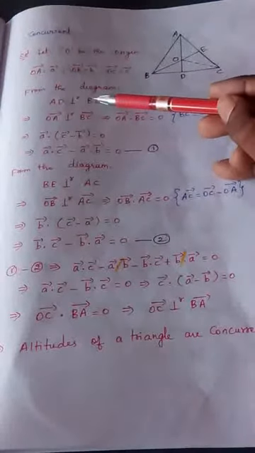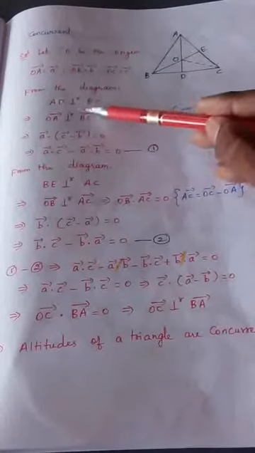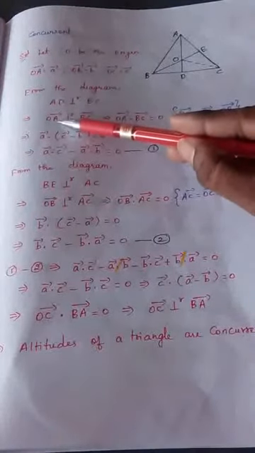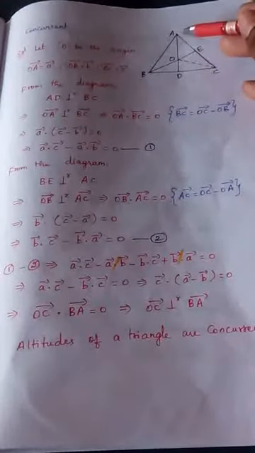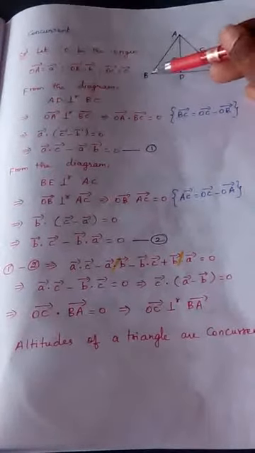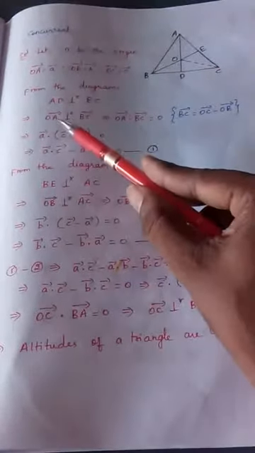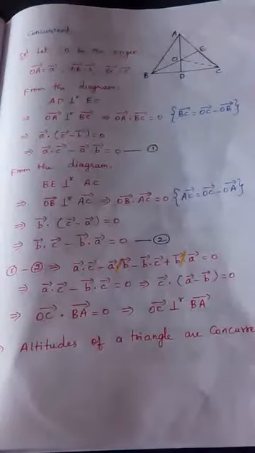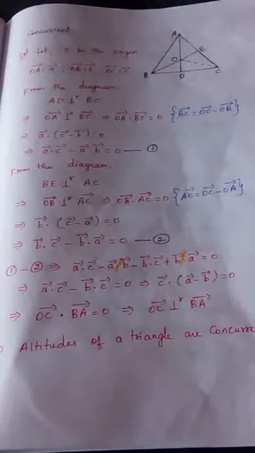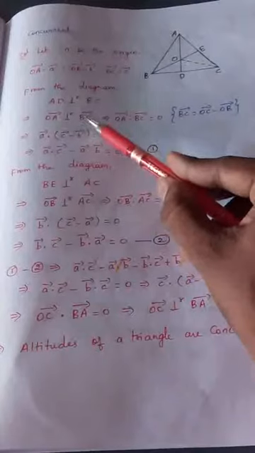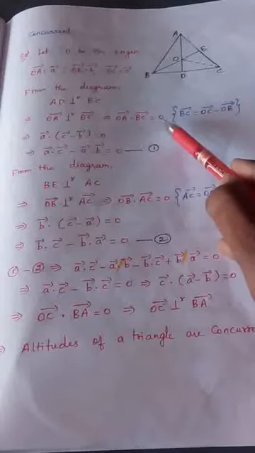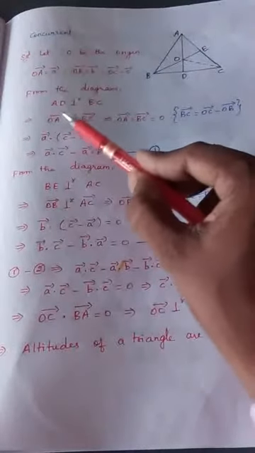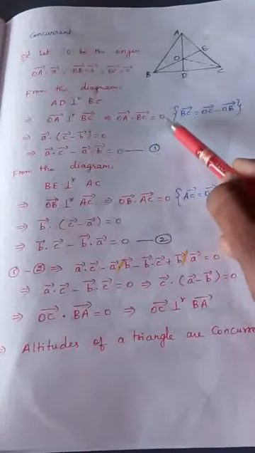So now first we were saying in sides, now we are changing that to vector notation. Since AD is perpendicular to BC, this OA vector will also be perpendicular to the BC vector. So that is what I am writing here. OA vector is perpendicular to BC vector. What we know as the condition for perpendicularity in vector algebra: when two vectors are perpendicular, the dot product is 0. So when I take the dot product of these two, OA vector dot BC vector equals 0.